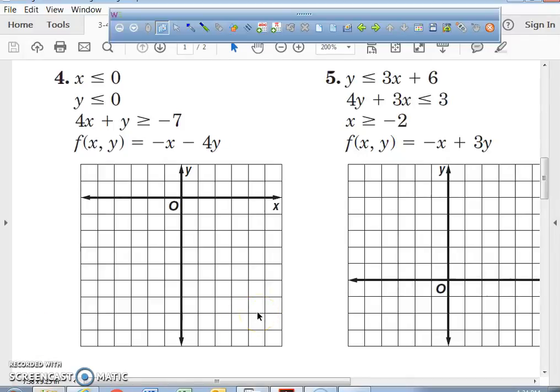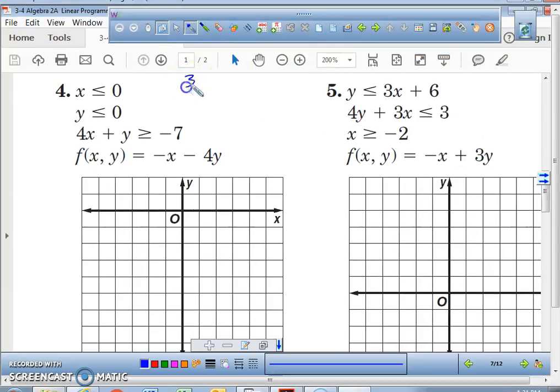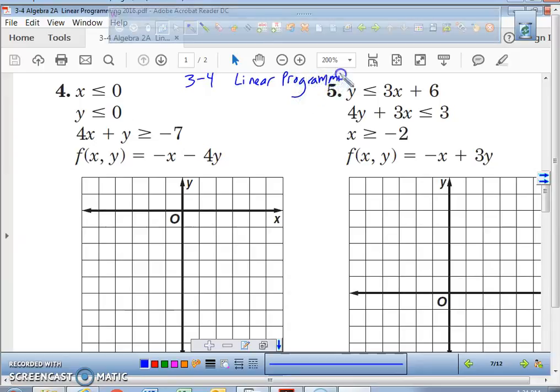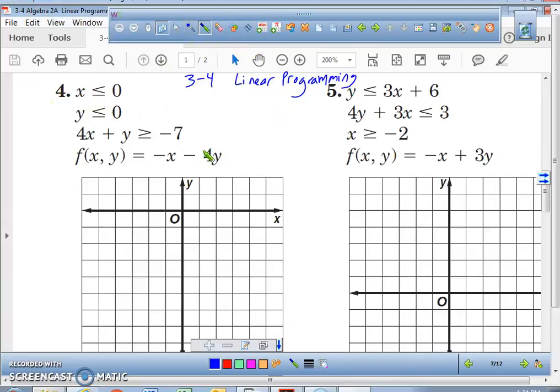We are beginning number 4 on chapter 3, section 4, dealing with linear programming. I'll write that right here. All right, and what we're going to do is graph